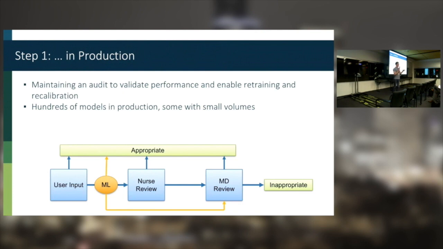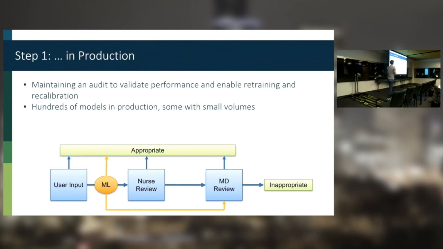If I'm 60, 70% sure, maybe I still want to show this case to a nurse. But as I said before, we do maintain an audit even in cases where we're fairly confident, and that provides us with additional training data to fine-tune our models as time goes by. We usually retrain them, and this is not Amazon, we don't retrain them daily, more like monthly.